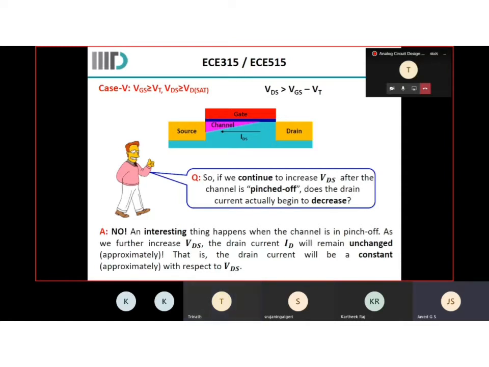Good. Now, what happens is, during pinch off or after pinch off, for sending the same amount of current, you'll have to apply a larger potential or field, right? Since the channel is pinched off, the area of the channel is reduced. So physically the channel will not be connected to the drain, but still current will go. In that case, you have to apply a higher potential. So where is the higher potential being added? Because after a certain point, no amount of VDS increase will help you increase the current value.